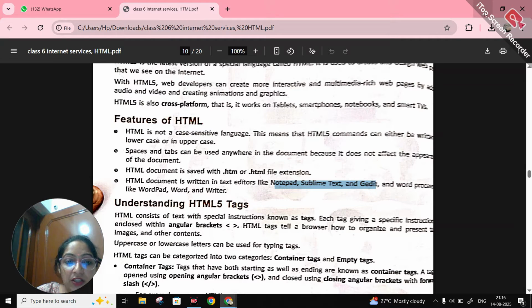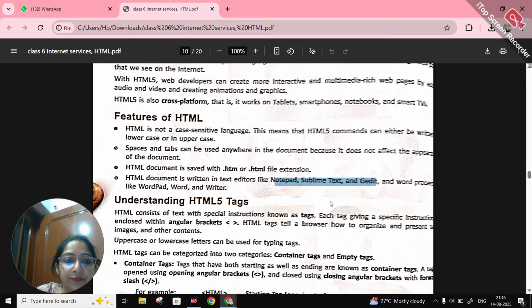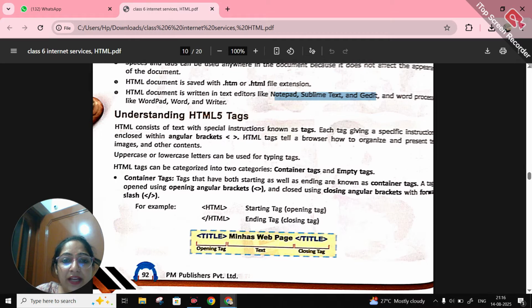So here we will start writing the tags of the HTML5. तो हम स्टार्ट करते हैं इसकी बेसिक स्ट्रक्चर से। चलिए उससे पहले हम कुछ बेसिक टैग्स की थ्योरी पढ़ लेते हैं। Like HTML consists of text with special instructions known as tags. Each tag giving a specific instruction enclosed with angular brackets. Angular brackets से हम start करते हैं।